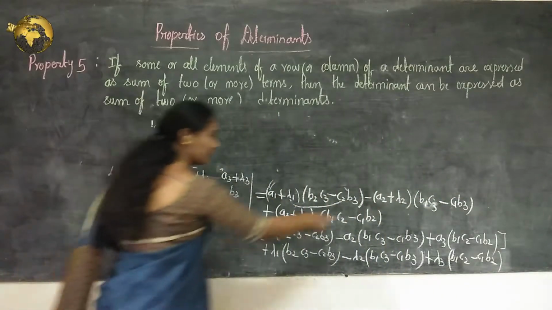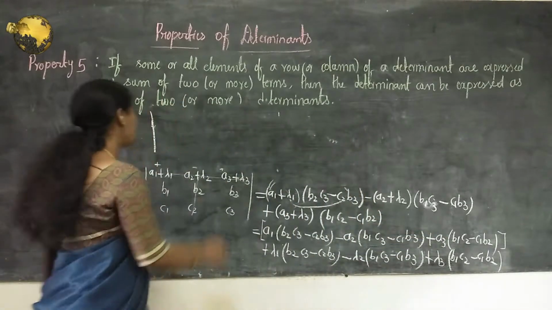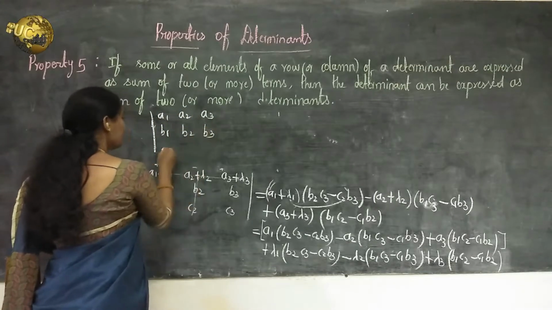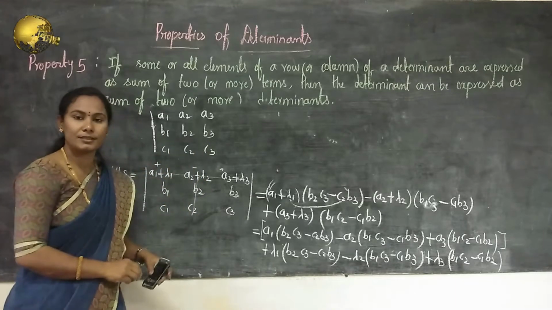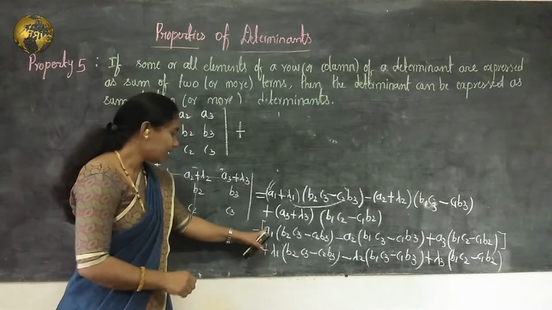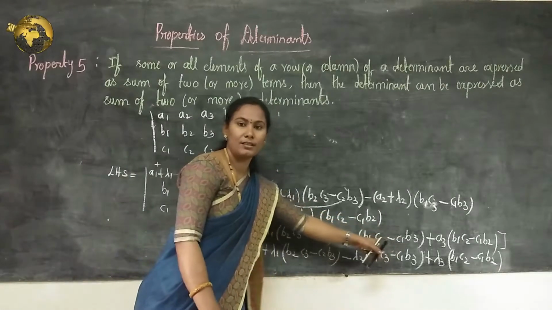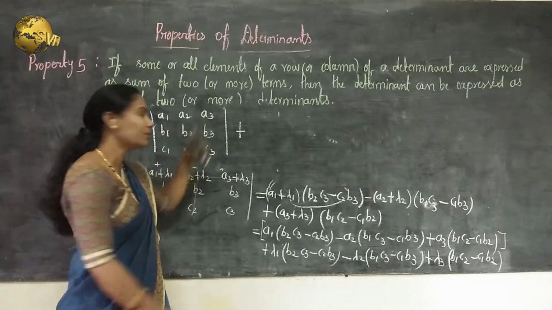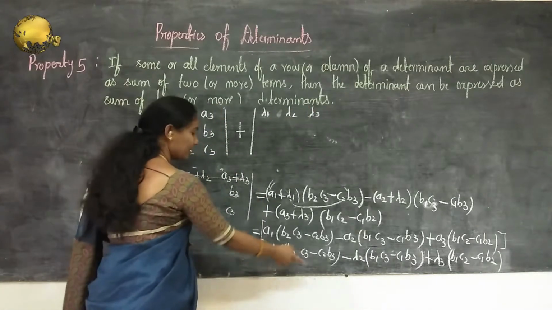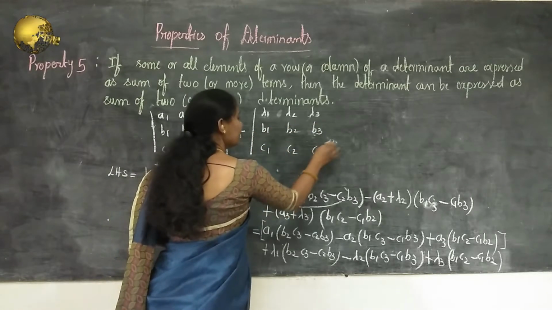And write it as from here to here, determinant form, and write the same line in the form of determinant as A1, A2, A3, B1, B2, B3, C1, C2, C3, and then plus. See here again, in the place of A1, A2, A3, just lambda 1, lambda 2, lambda 3 are there. So the first row will change into lambda 1, lambda 2, lambda 3, and whatever the second row elements, they will be as they are: B1, B2, B3, C1, C2, C3.